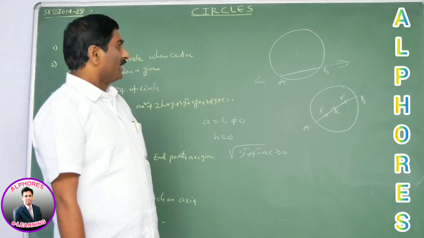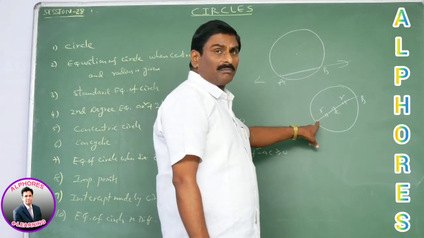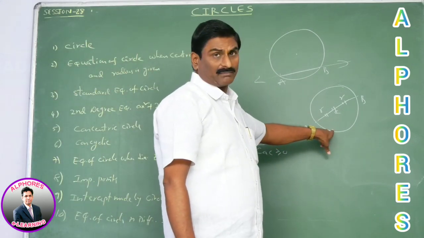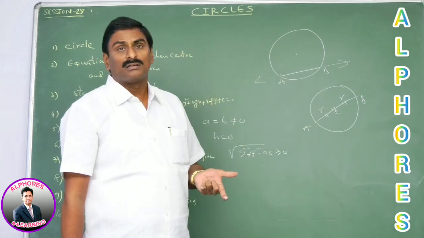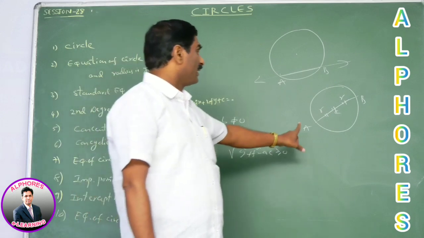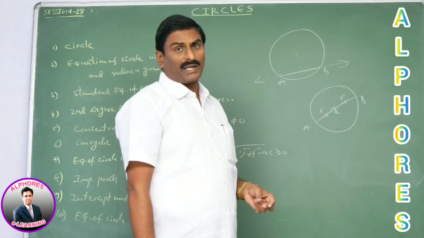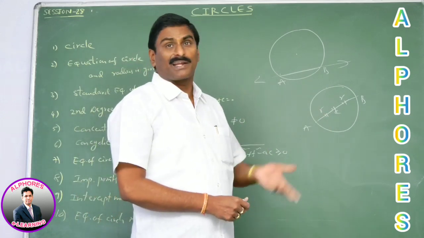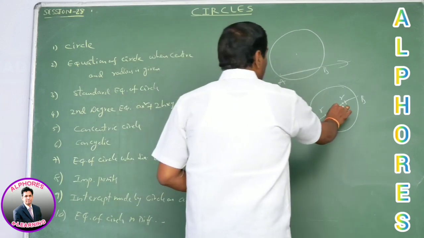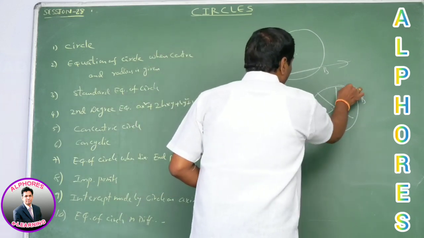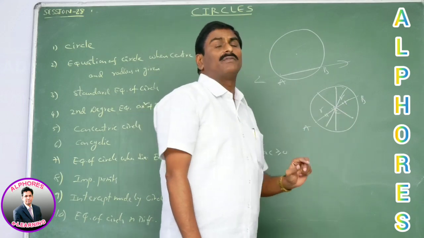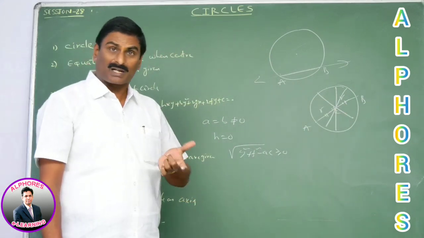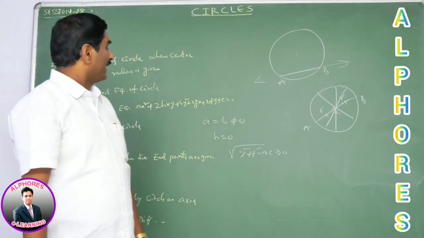At the same time, every diameter is a chord, but every chord need not be a diameter. What is the greatest length of a chord? The greatest length of a chord is nothing but the diameter of the circle. In a circle, how many diameters exist? The chord passing through the center is said to be a diameter. From the center we can draw an infinite number of diameters. So every circle has infinite number of diameters, but the length is constant. Okay. Next.